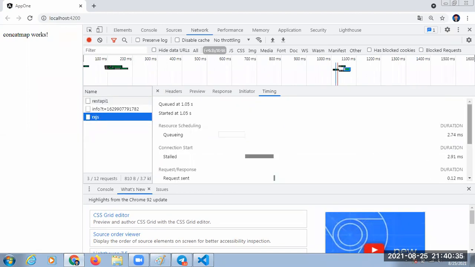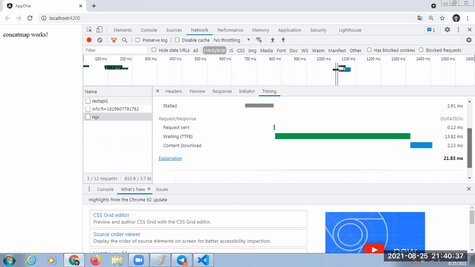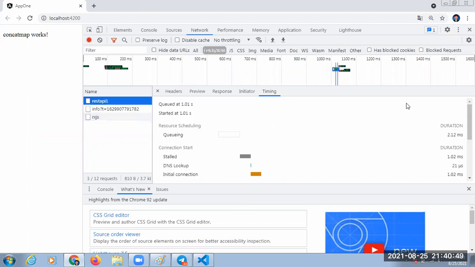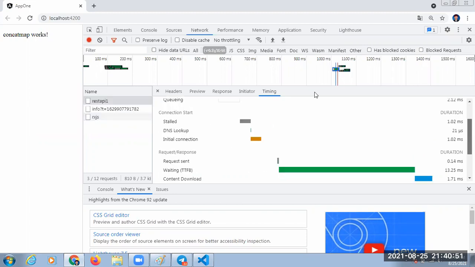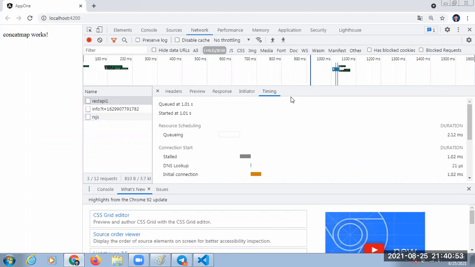Guys, if you go to the second call here, see the waiting time. Some waiting time is there, 13.8 milliseconds. So guys, I don't know exactly how to check this one here, but definitely here itself we can see it. But in the YouTube videos, they are giving some other information. Once again here, can I scroll down?